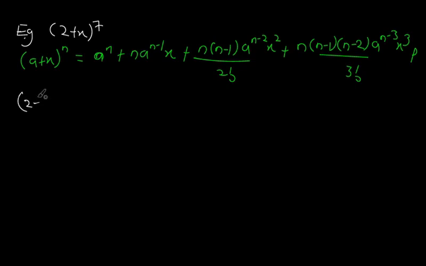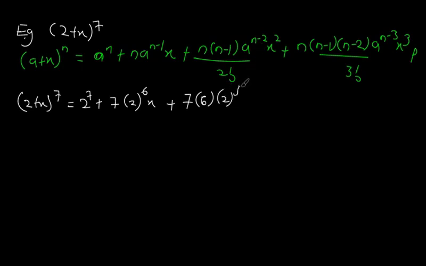So we have 2 plus x raised to the power 7. So what will we be having? We will be having the first term, which is the a. So we have 2 to the power 7 first, then plus 7, which is the n over here, then the a is the 2 over here, so we have 2 to the power 6, then we have x, then plus 7, then we have 6, the n is 7, n minus 1 is 6, then we have the a, which is 2, to the power n minus 2, 7 minus 2 is 5, x squared, okay, then divided by 2 factorial, okay, then plus